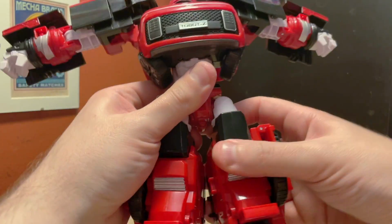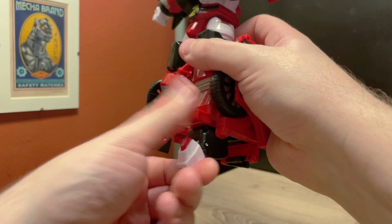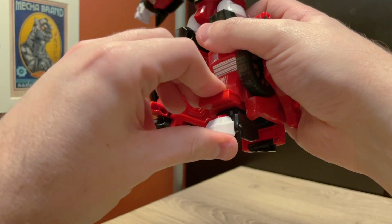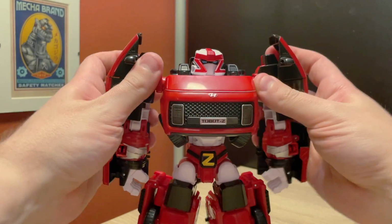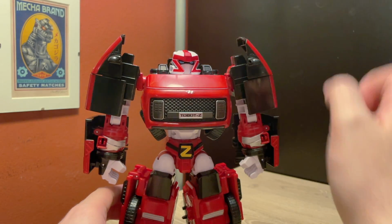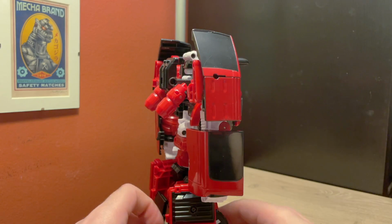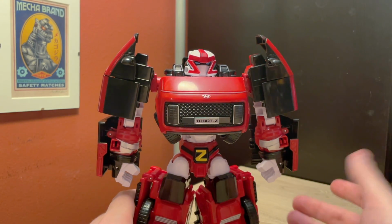And then if you wanted to, you could move this up and down, or this for like a toe, but it can't go up any further. It can't tilt. So, pretty decently posable. One other thing that's interesting about the new Tobot Z, and by extension the new X and Y, is